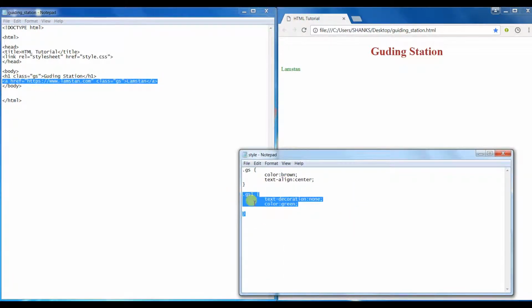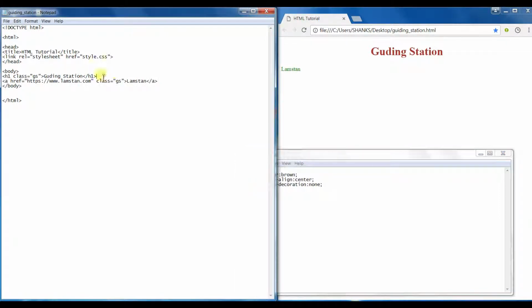And suppose I remove this, and color is brown, text-align center, and if we also add text-decoration none, so what it does, it will pick all the classes with the name GS. So it will pick this one also, and let me add a paragraph also,